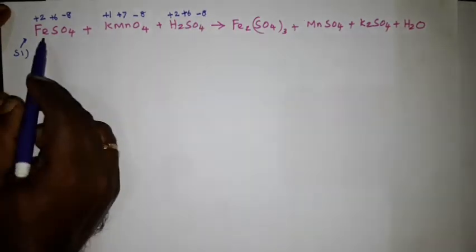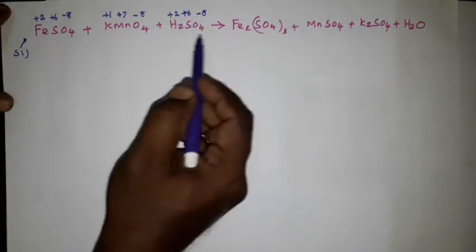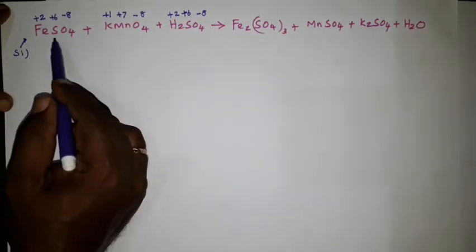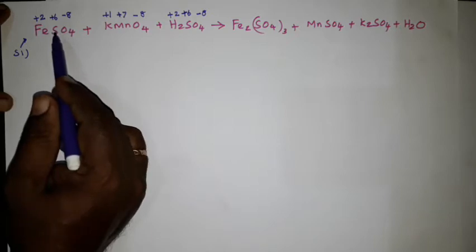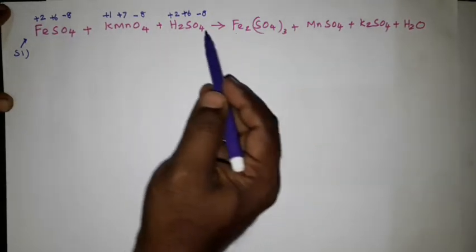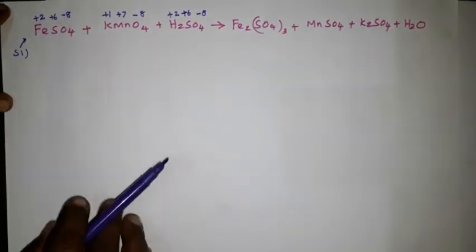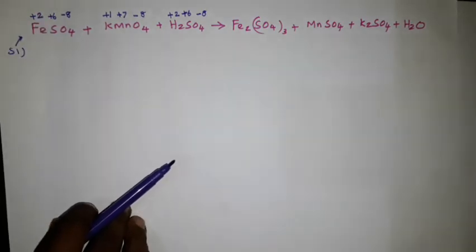Clear? Now we have calculated the oxidation number for all the elements and all the atoms on the reactant side. Okay. Now go to the product side. So the reactant side, that's all. Now come to the product side. On the product side, you see,